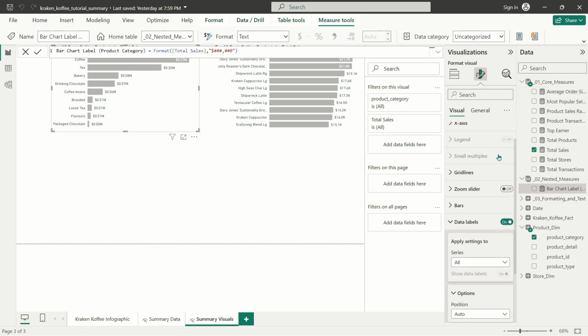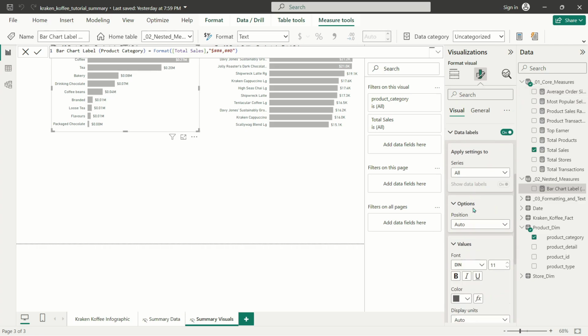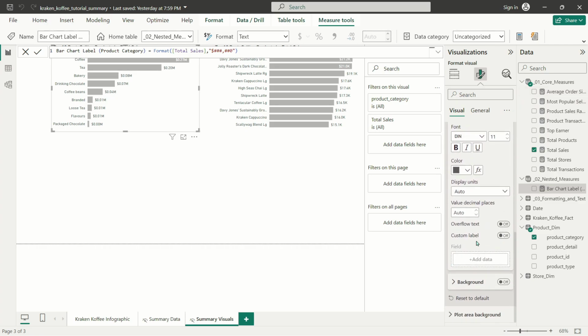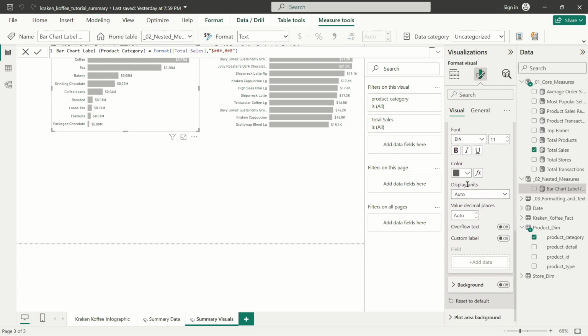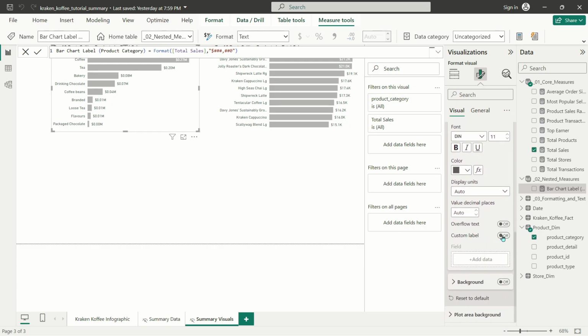I'm going to open up my data labels. And this is a fairly new feature in Power BI that we're about to cover. I'm going to open up my options for my values under my data labels, go to custom label, and turn this feature on. You can see that now my data labels have disappeared. That is because Power BI is now waiting for me to add something to this add data field. In this case, I'm just going to add my measure. And you can see that all of my values immediately appear here. By default, they're showing me the full value,